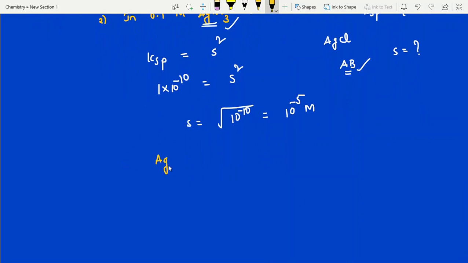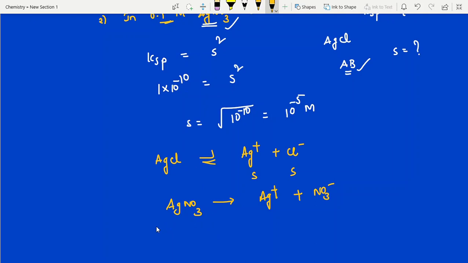Now write down first. AgCl, how does it dissociate, students? Partial dissociation, no? Ag plus and Cl minus. You can take its solubility as S and S. What about AgNO3? Nitrate salts are completely soluble, I said, no? In the previous video concept explanation, Ag plus and NO3 minus. How much concentration is given? 0.1 molar, you can write. This is starting 0.1 molar. Definitely you will get this also 0.1, this also 0.1.